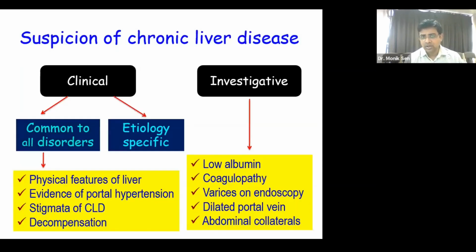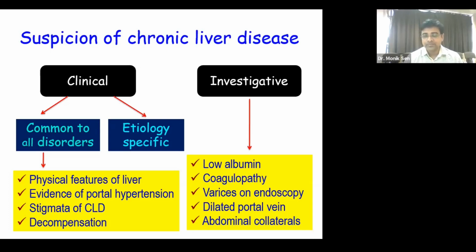So how do you suspect a chronic liver disease? You have two types of suspicion. One is a clinical suspicion and the other is on investigation. If you look at clinical suspicion, there will be some features which are common to all disorders, and then there will be a few signs and symptoms which are etiology specific. Those which are common to all disorders are physical features of the liver. That means we talk about hard liver, firm liver, irregular liver, nodular liver, things like that. Evidence of portal hypertension in the form of splenomegaly, ascites, dilated veins, varices. Stigmata of chronic liver disease, and I'll be talking about those very soon, and features of decompensation,